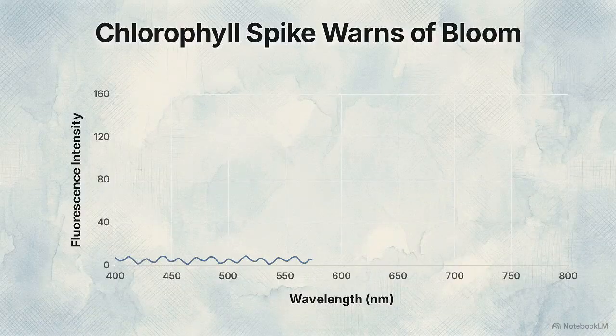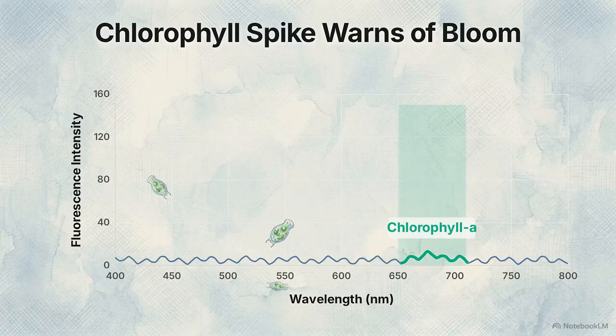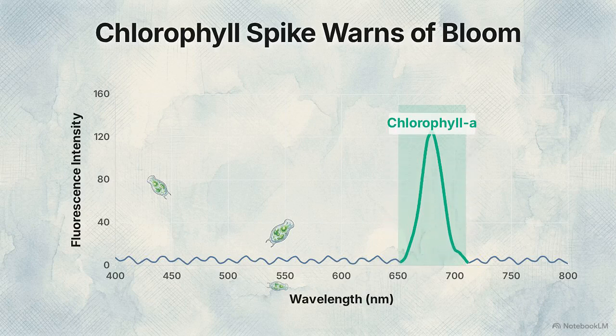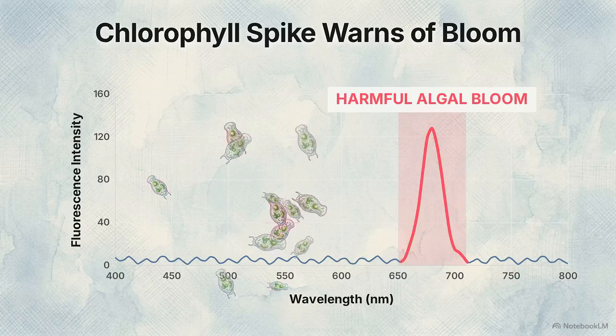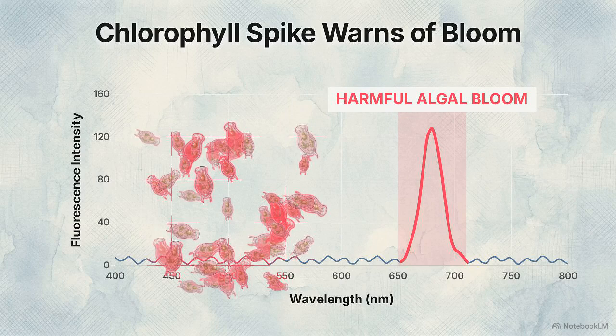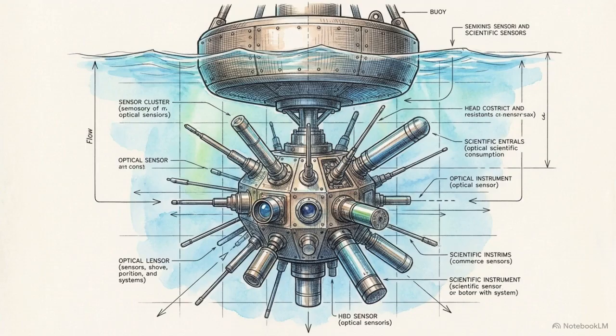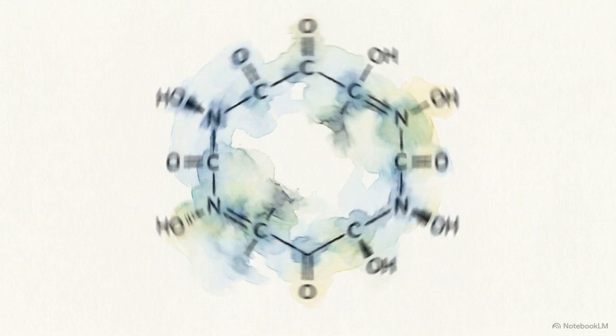This fluorescence emission graph isolates this distinct peak, the exact absorption signature of chlorophyll A, providing a real-time proxy for phytoplankton biomass. When these readings surge, the data directly signals the formation of harmful algal blooms, known as red tides. The in-situ layer operates on a strict trade-off. These sensors deliver immediate, high-resolution physical proxies of the water state, but they lack the specificity to identify complex chemical